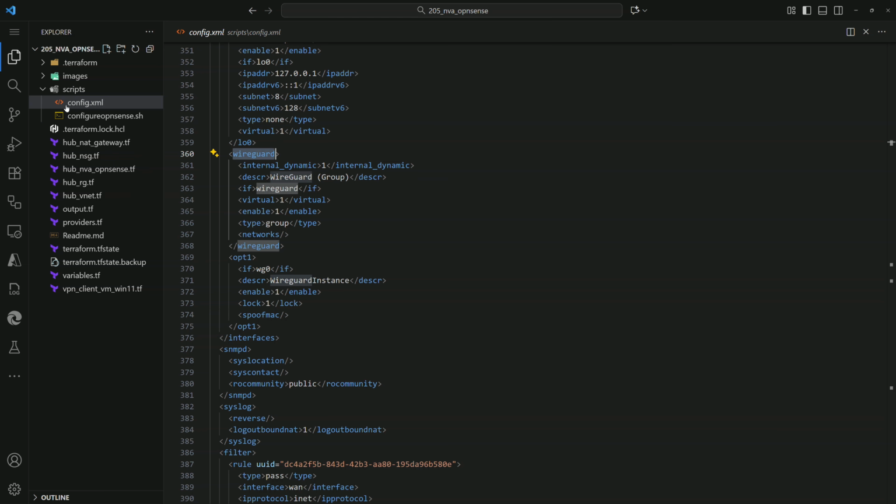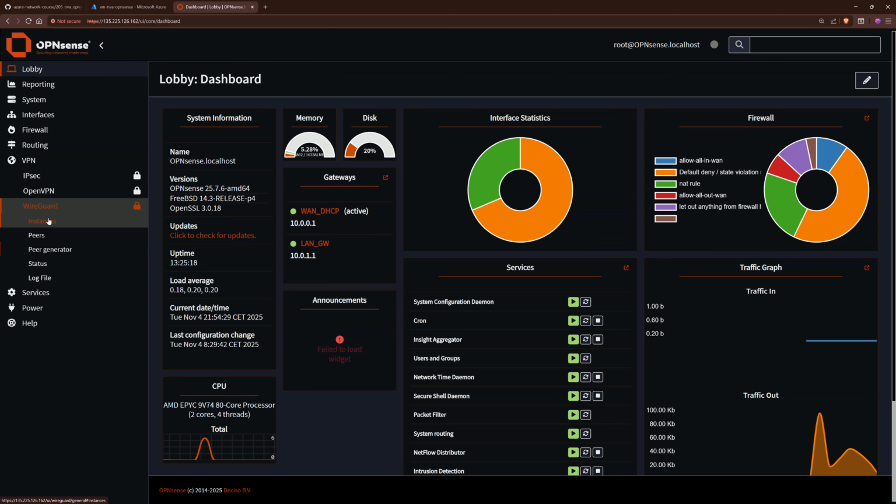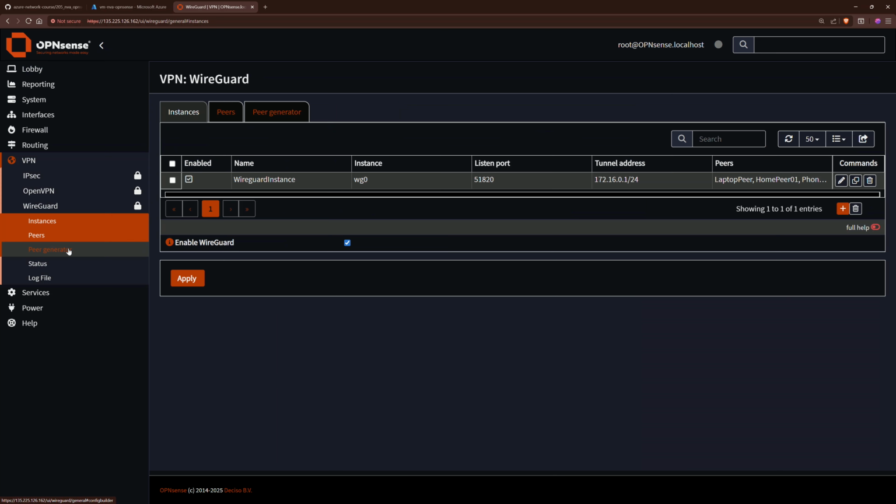And it also contains the config.xml file that describes the configuration of the OPNsense firewall. By default, it will enable a WireGuard instance, and it provides all the configuration required to enable WireGuard. That means that within the OPNsense firewall, if I navigate to VPN, I should see WireGuard, and then I can go to Instances to see that I have some